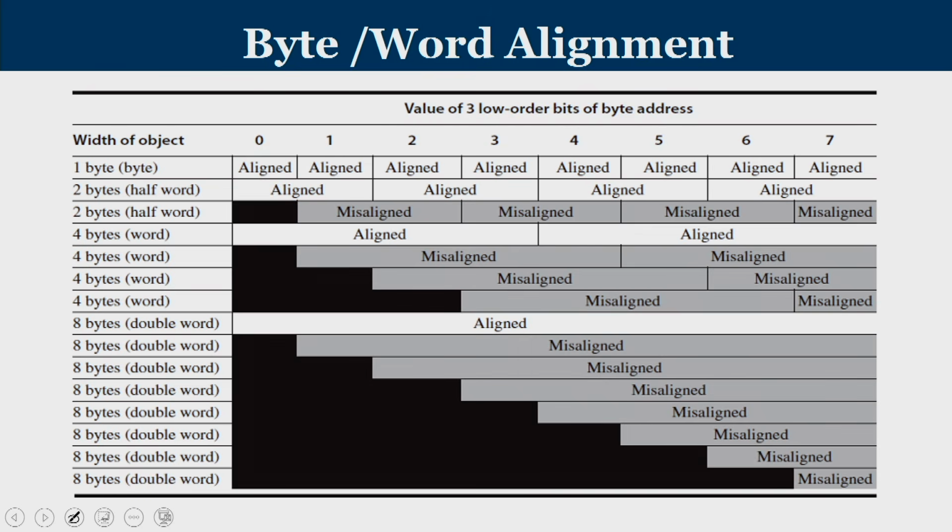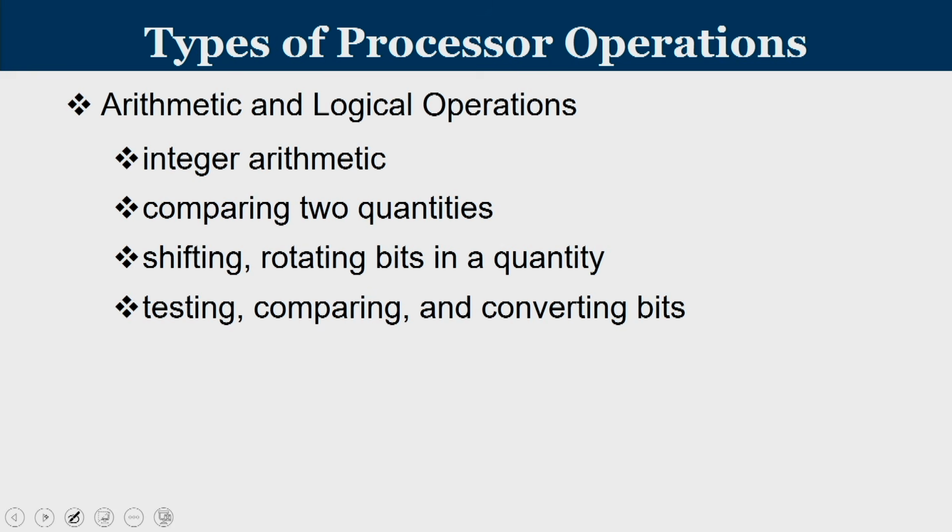This slide also shows how alignment is being done. So, if you have a 1 byte alignment, every byte you can start a new data. If it is 2 byte, then the first data should be there in byte 0 and byte 1. Next data can be in byte 2 and byte 3. So, if you look at it, every new data starts at multiples of 2, and if you are going for a 4 byte data, then data can start only at multiples of 4. Any other thing is a misaligned data. That is what you see out here.